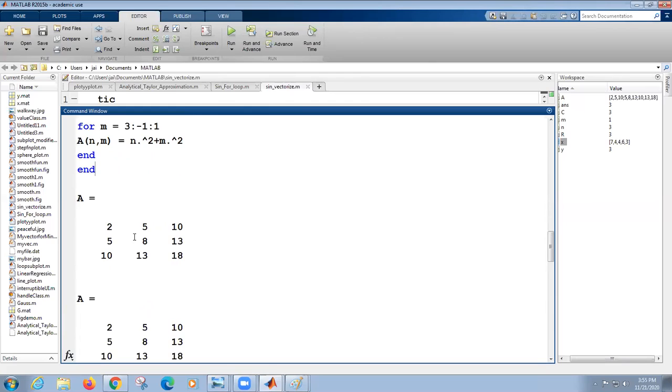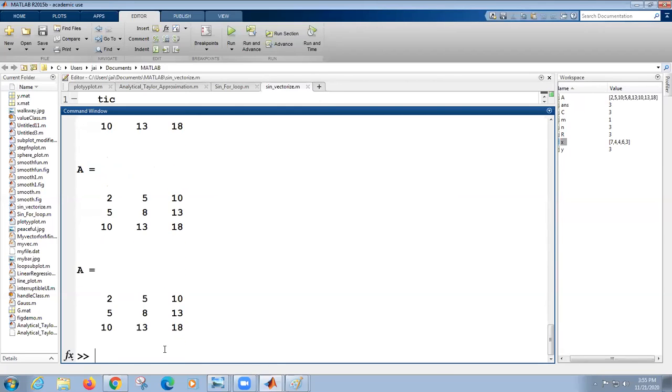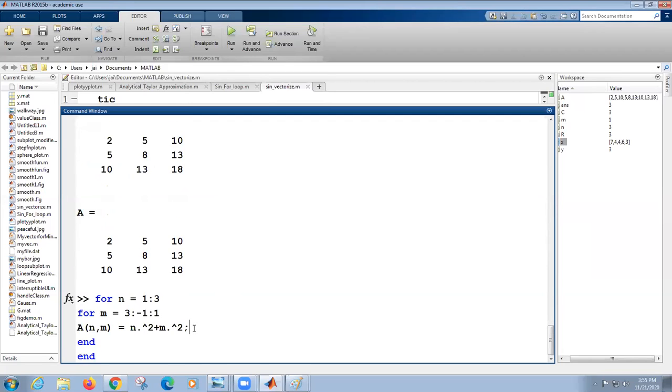Yes or not? In the first iteration, first of all, this element will be 10, and the remaining are all zeros, right? Yes, sir. Yeah, I want to show that. Then what do I do there? Here, sir, anyone? We have to display A. We have to display A. Okay, so I'll do that for you. So, if I display A,